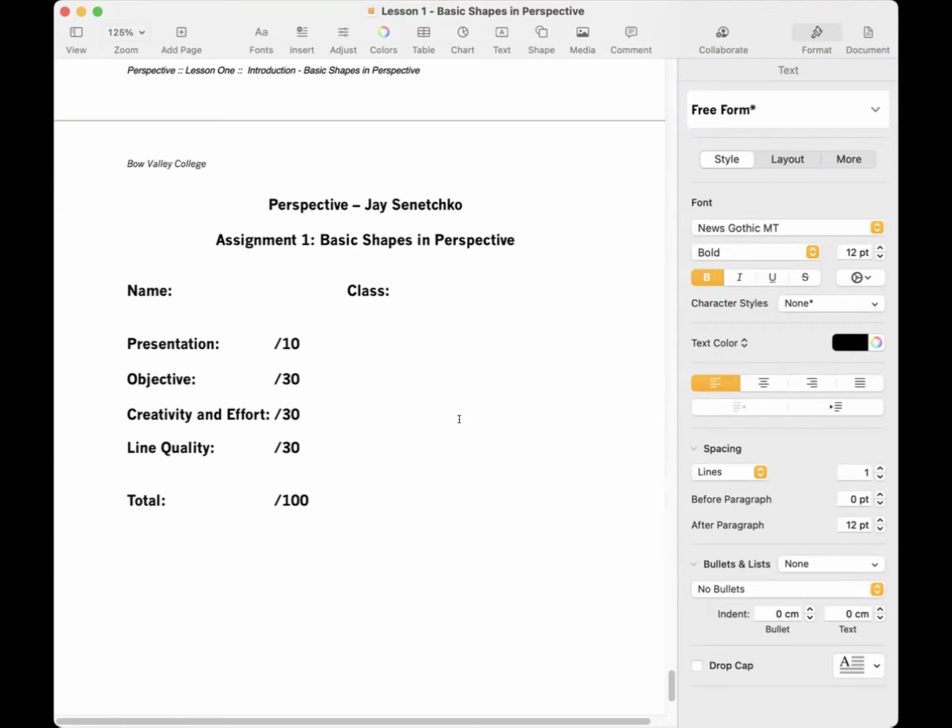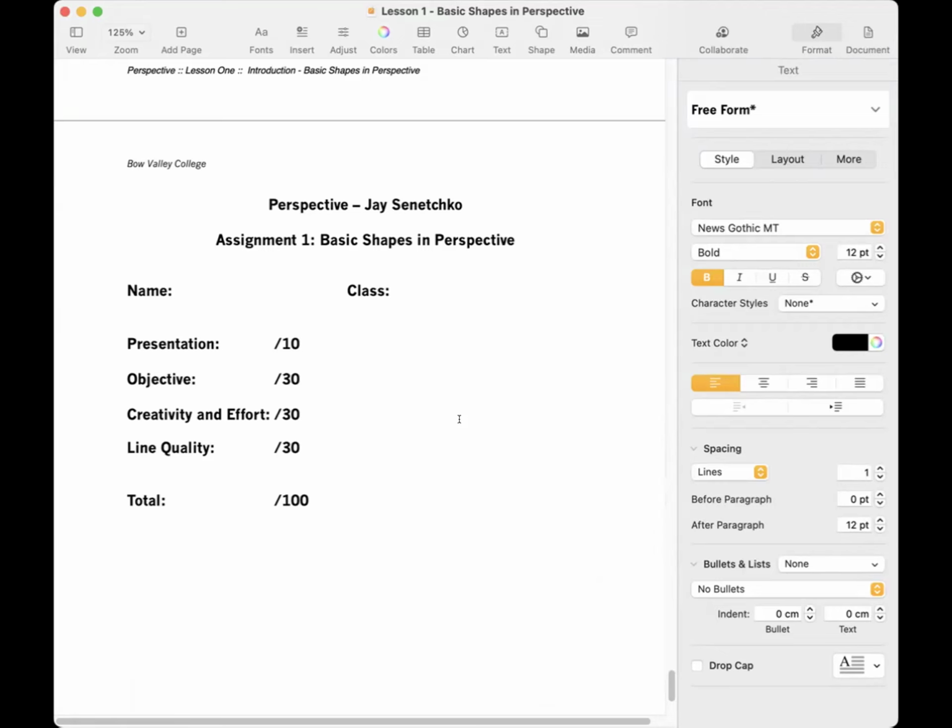Most people use shading to make bad drawings look good, right? That's not what we're doing here. I just want line drawings so that I can see that you understand what it is that we're going over. If you shade, and by shading, I mean anything that falls into the categories that I described as shading, you get 0 for line quality, and you will remain with a 0 until the shading is gone.